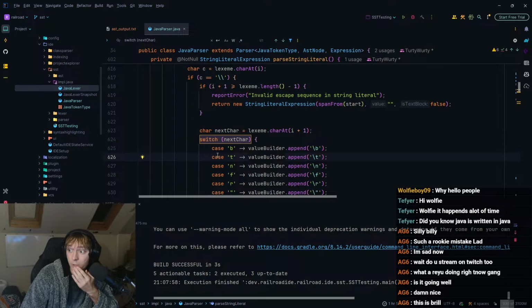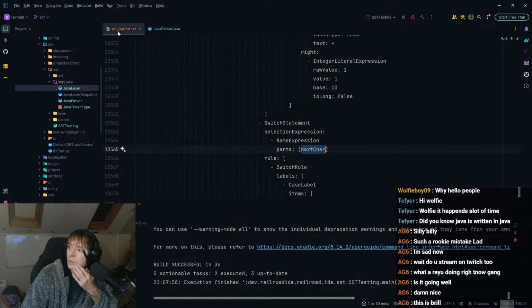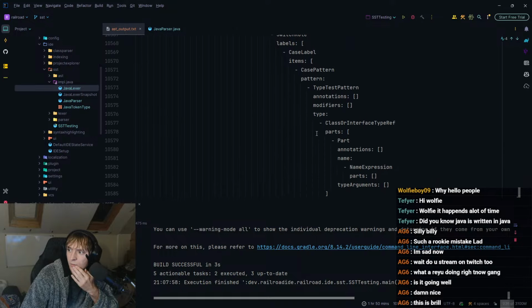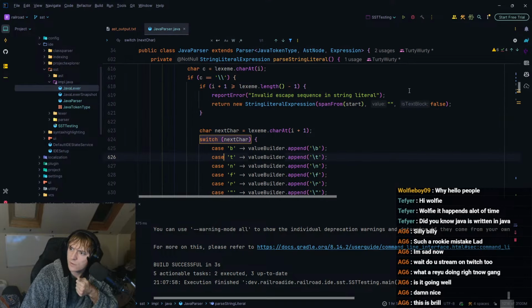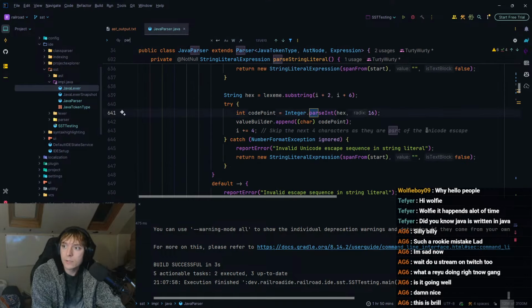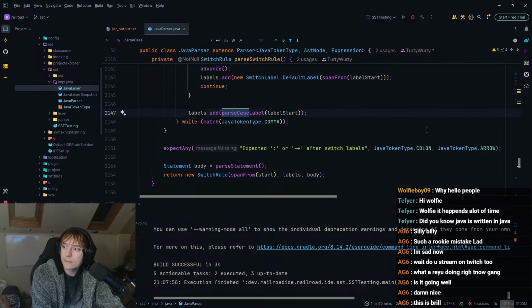That is not what I expected it to look like, because for some reason, it thinks it's a pattern. Interesting. Okay, let's look at parse case label.